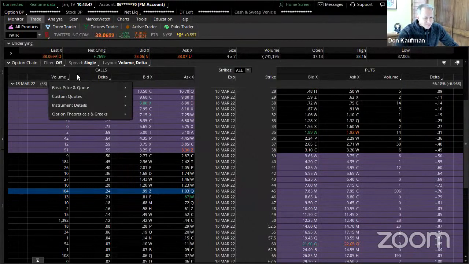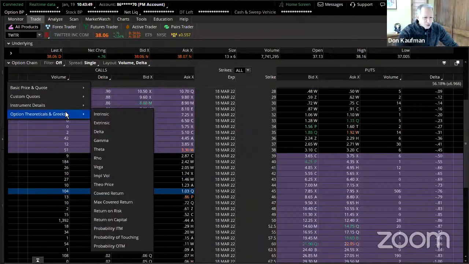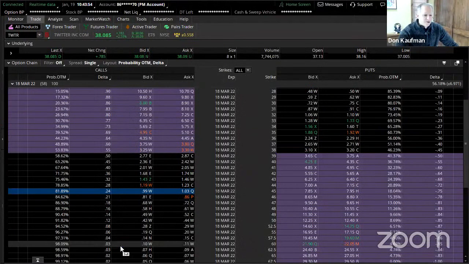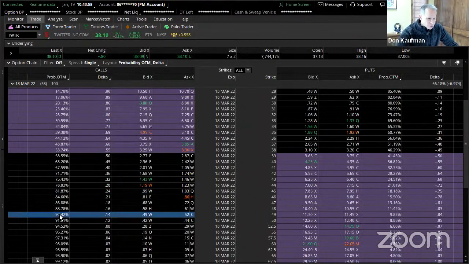And I just want to show you right up here, just clicking on this and go options, theoreticals and Greeks and go to probability OTM, which stands for probability out of the money. Here, this is a trade that could have an 80% probability. Here's a trade that could have a 90% probability. When we talk about